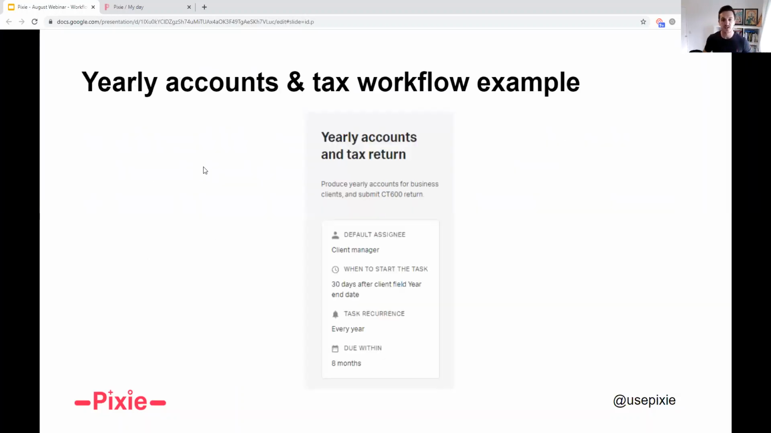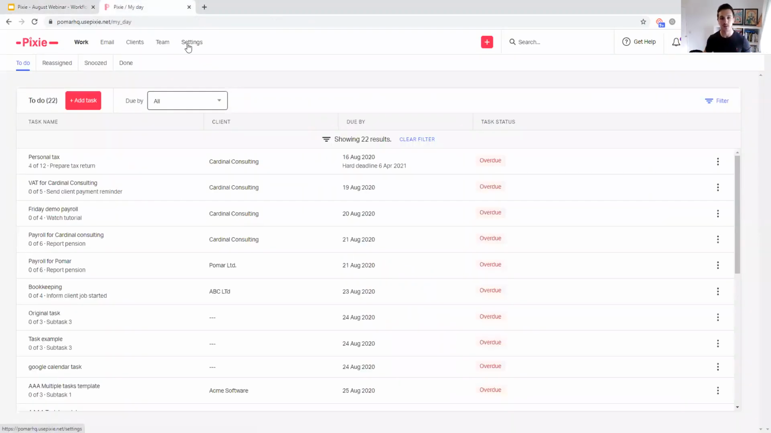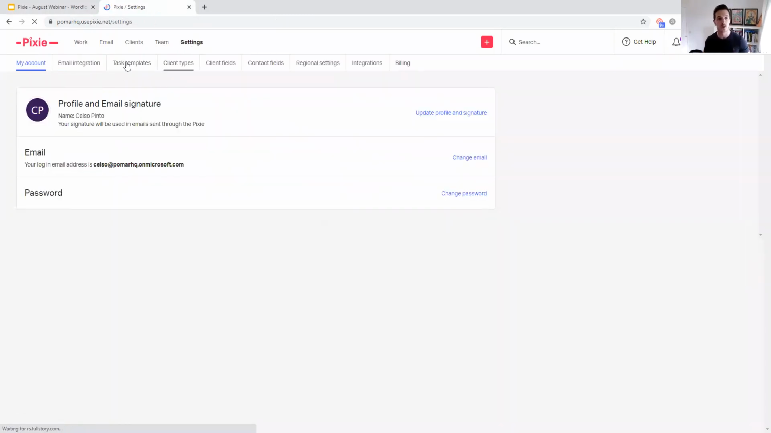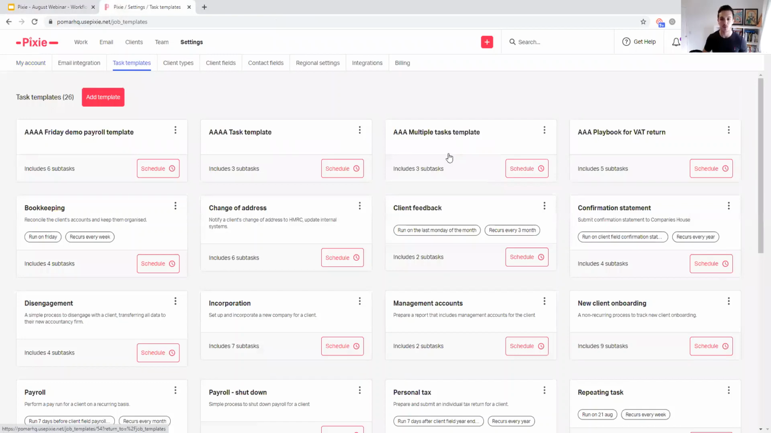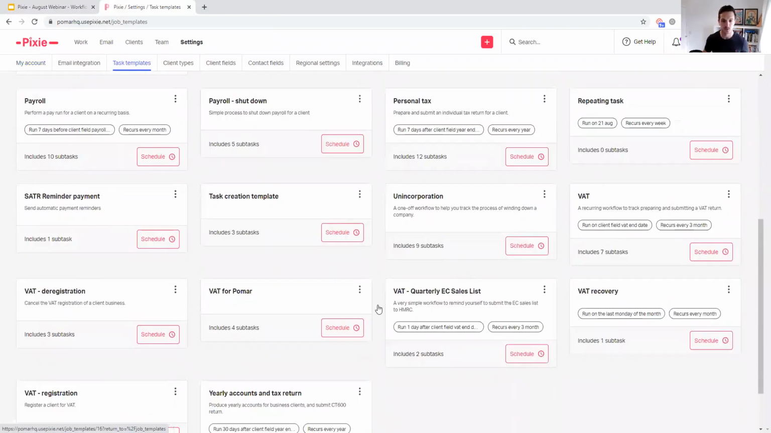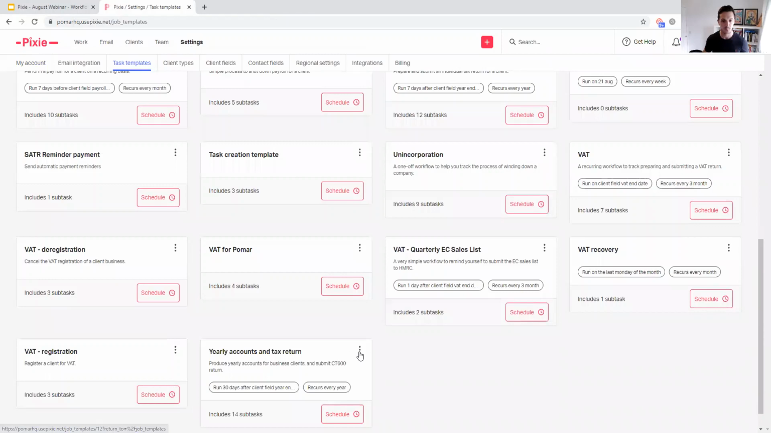So I mentioned there the example of a yearly accounts and tax return workflow, and it's quite a long one to fit on this screen. So I'm just going to jump into Pixie itself to show you what that would look like. Now, you might use a different practice management app, you might not use one at all. This doesn't have to be done in Pixie. I'm just sharing this as an example for you. So if I come down to here,